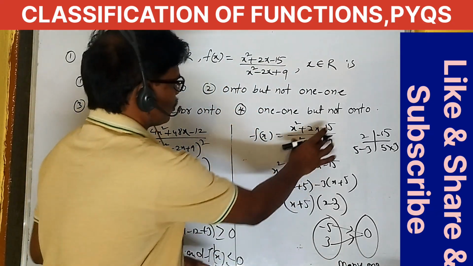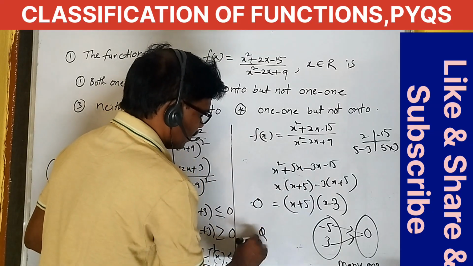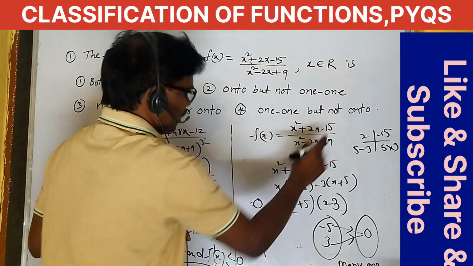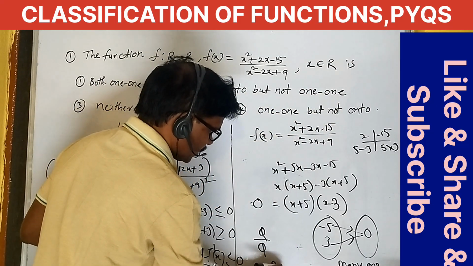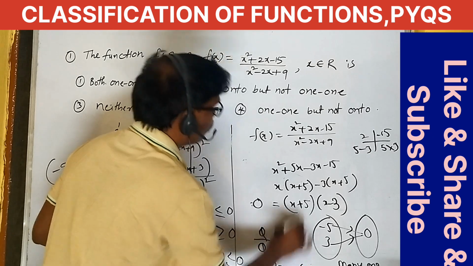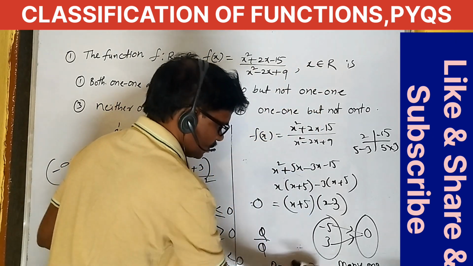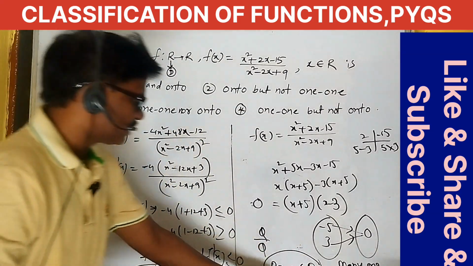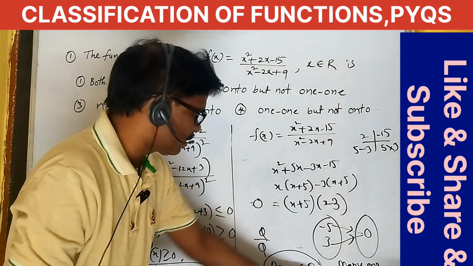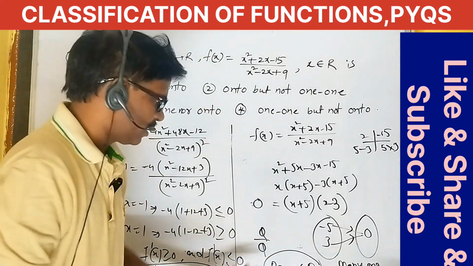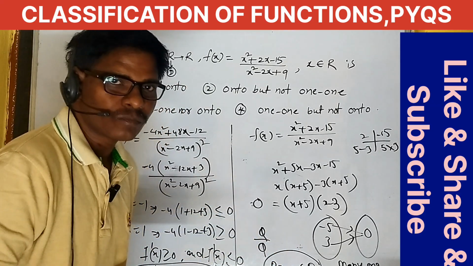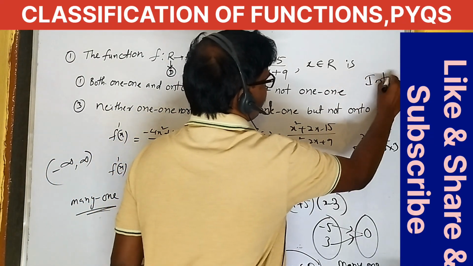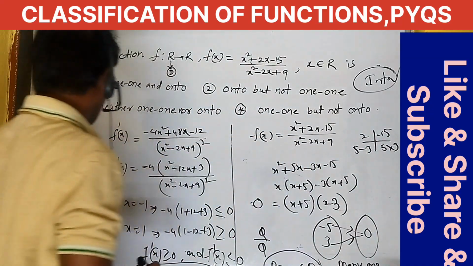This is the range of the quadratic, range not equal to codomain, where the codomain means R. Okay, this is the many-one function. Here also check many-one function. Next, range not equal to R means this is not onto. This is the into function. Okay, into function and many-one function.